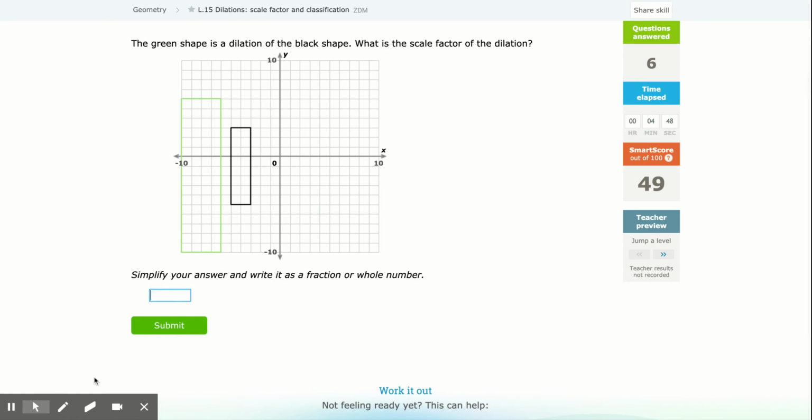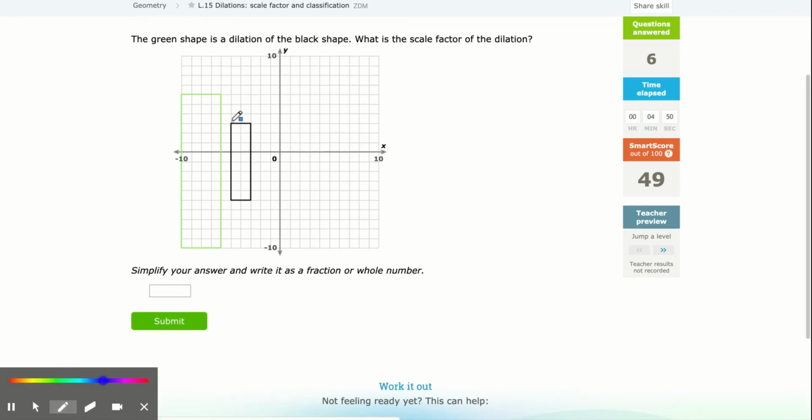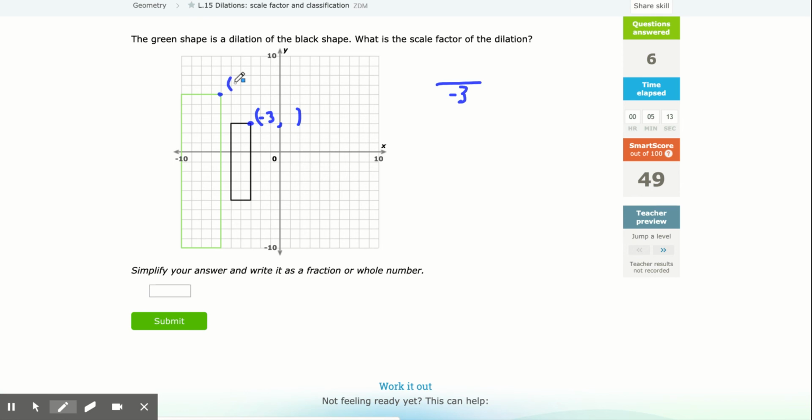All right, here we got, oh yeah, now this one I believe is going to be a fraction. So I'm going to take one of the points. I'm going to take this point right here, which has an x value of -3, right? I don't care about the y value so much, but I'm going to take the x value, but that was the original figure, so that needs to go on the bottom. Remember, put the image's x value above. This one here is going to be